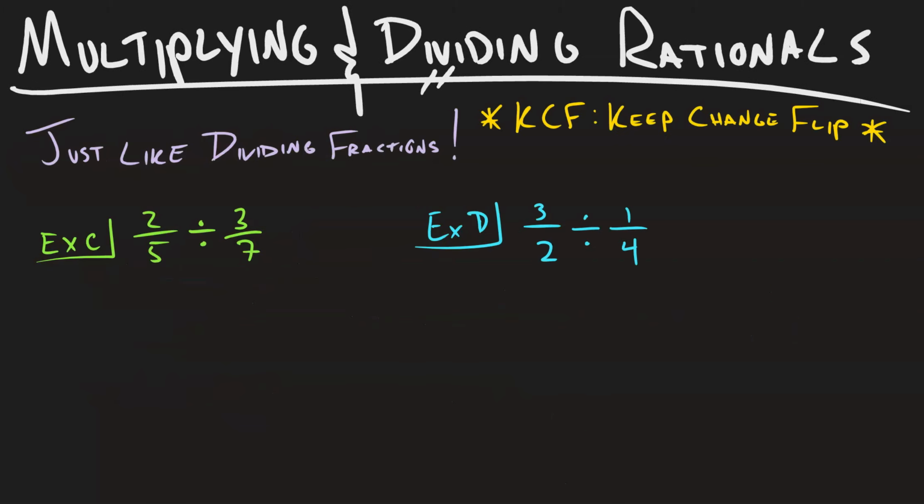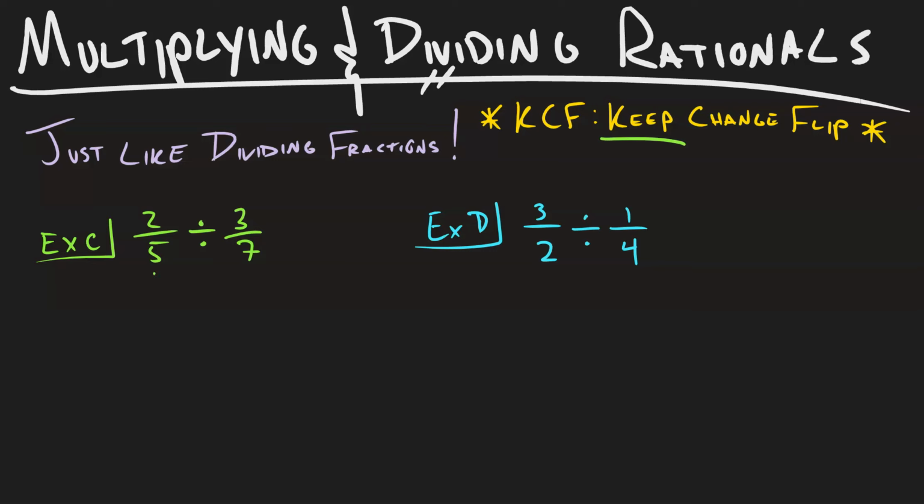Now let's move on to some division. To divide fractions, we need to remember one very important thing, and that's KCF: keep, change, flip. What this means, and we'll use our first example here as a guide, 2/5 divided by 3/7, is that we